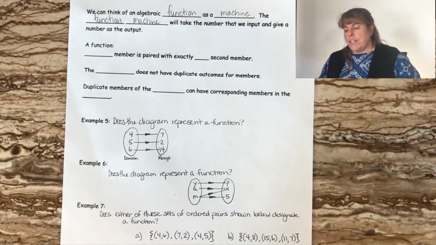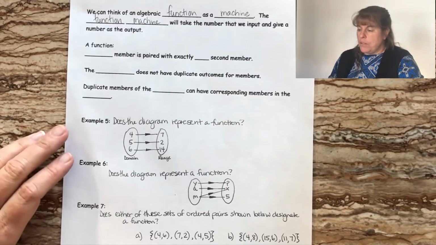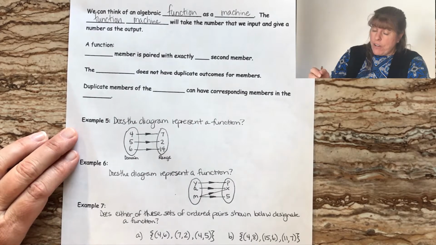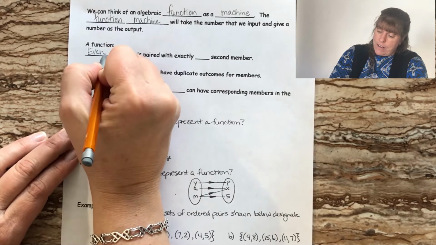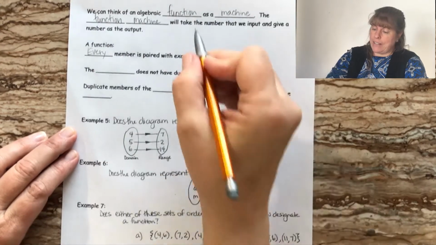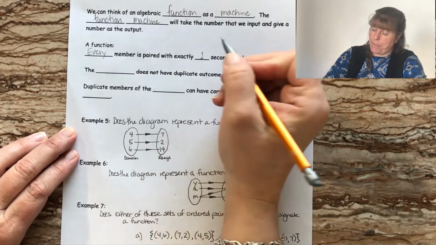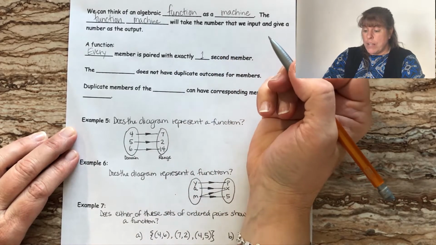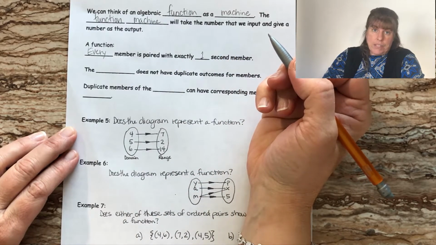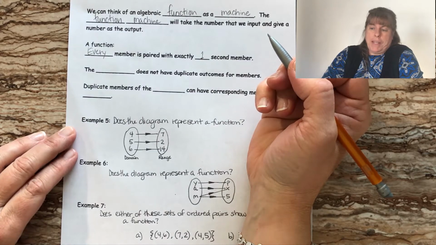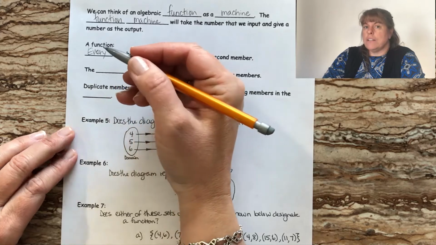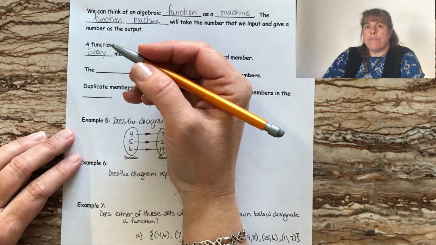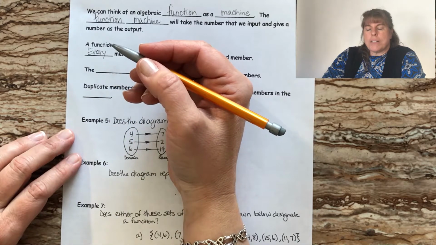So we've already talked about this in previous lessons. Should be review for you. A function. This is a definition. Every member is paired with exactly one second member. So every number that goes in has to have a partner, so to speak. Now here's the next question. For it to be a function, we already learned from, I think it was lesson 84, or I'm sorry, 83 or 82,